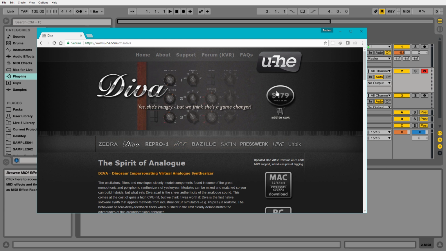I don't have $180 to throw around on random VST plugins that I might mess about with for a bit, but probably won't use to make that much music. And I'm not an expert in this bit of software at all. I just play around with it and tweak it and do pretty much what probably a lot of people do. I don't think many people go onto a VST plugin and know what every single knob does and tweak it perfectly. I'd love someone to teach me at some point exactly how a synth works, start to finish. But I tweak, I play, I discover, find out good sounds, and I just love Diva. So I wanted to show it to you today